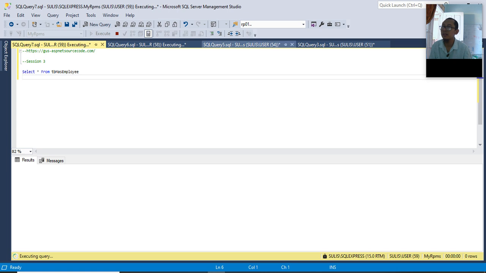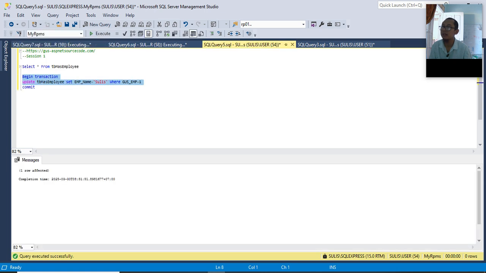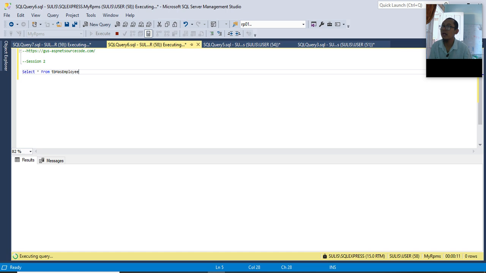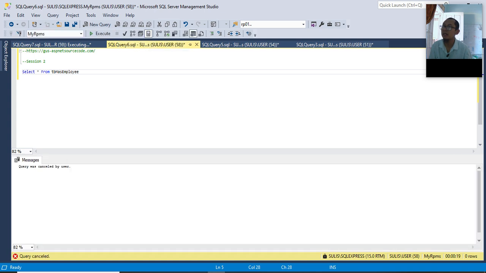It's waiting because there is no commit or rollback. Now what do I have to do to display data that is being processed? Let's cancel the executing query, and we have to add with no lock.